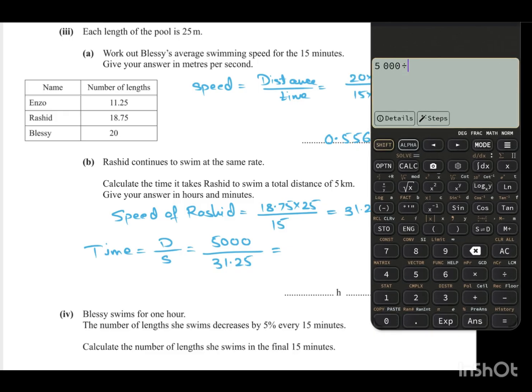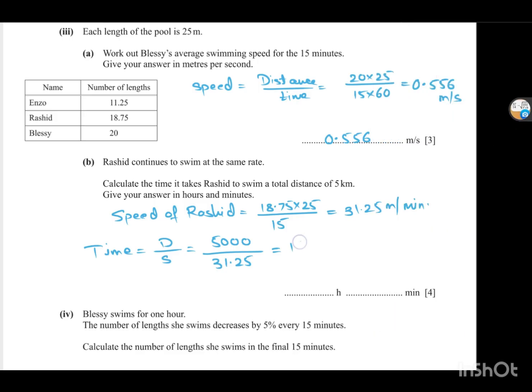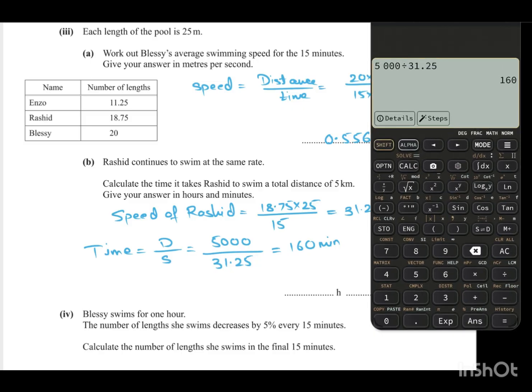5000 divided by 31.25 is 160, and my answer will be in minutes because I have taken meters per minute speed, so my answer will be in minutes. So now 160 minutes will be how many hours? 2 hours is 120 minutes. Okay, 160 divided by 60, if I do, I get 2 point